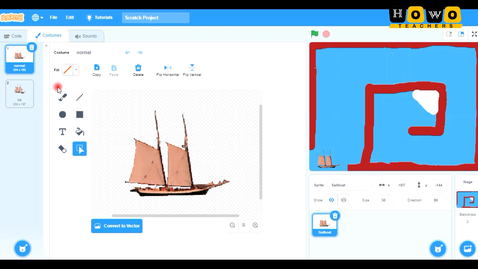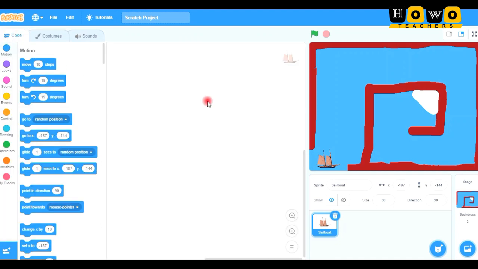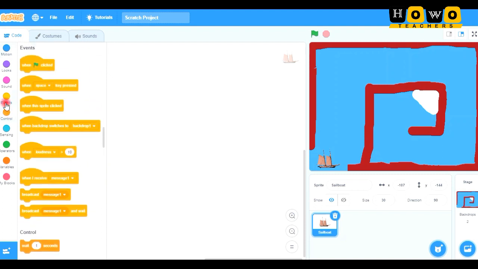Now let us see what all things we have to do in the coding area. The coding area will consist of some different parts. Now the important thing is that you can see here the boat is available. Now I am clicking over the boat and I am going to code for it. Whenever you want to code for a sprite, you have to click over it. Now next, for starting up, let us first of all take an event. Event is when green flag is clicked. So I am taking this as event.